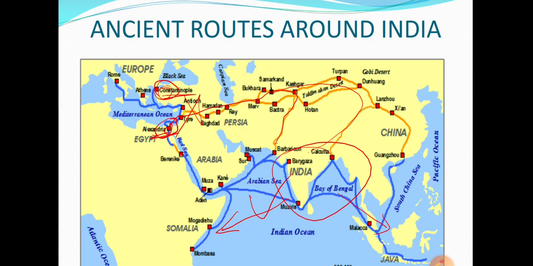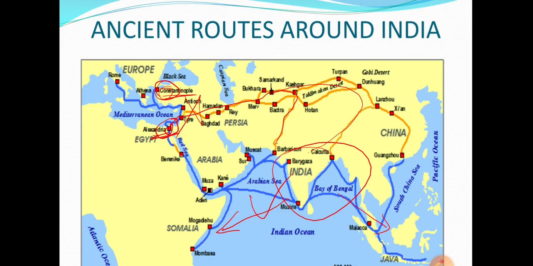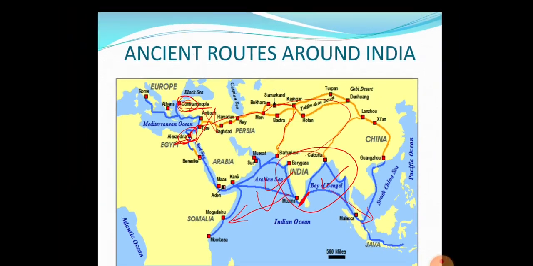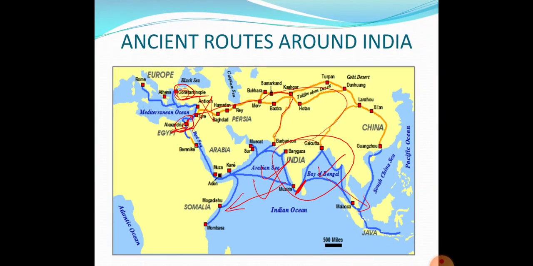Then there is Malacca Strait. We'll see this Malacca Strait later on. Now, what is a strait? Strait means a narrow strip of water connecting two large water bodies. You can see a Bay of Bengal, Arabian Sea, and there is a strait, Palk Strait, between Sri Lanka and India. So this Palk Strait is connecting Bay of Bengal and Arabian Ocean or Indian Ocean. So it is known as strait. Okay. So these are the sea route and land route.